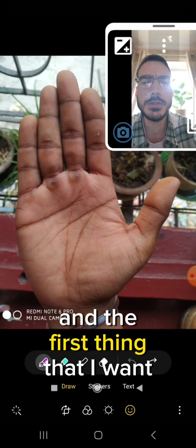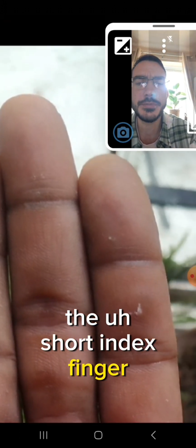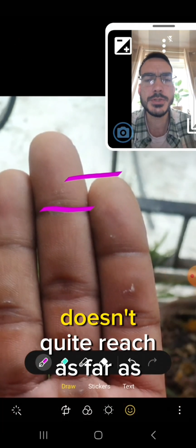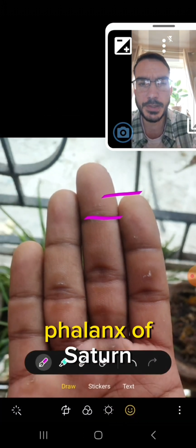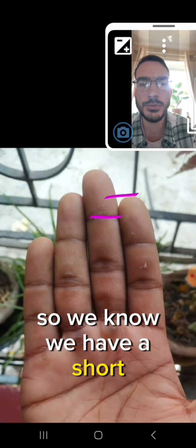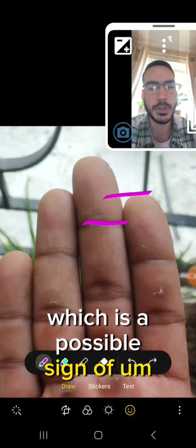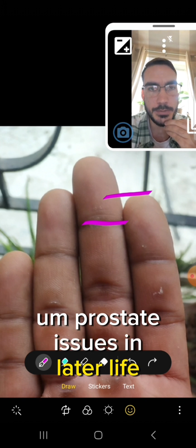And the first thing that I want to point out here is the short index finger. When you look at where the index finger reaches, it doesn't quite reach as far as the halfway point of the first phalanx of Saturn. So we know we have a short Jupiter. It doesn't reach as far as Apollo either, which is a possible sign of later prostate issues in later life,